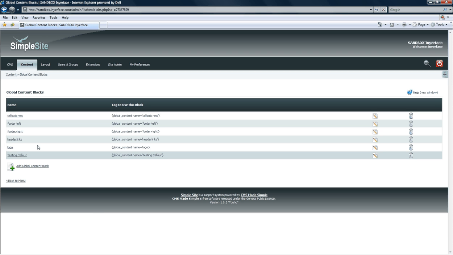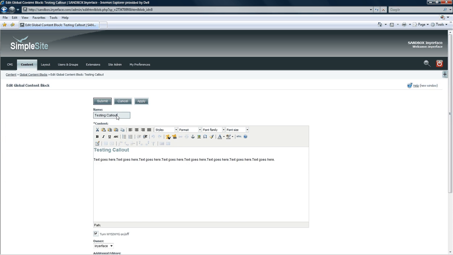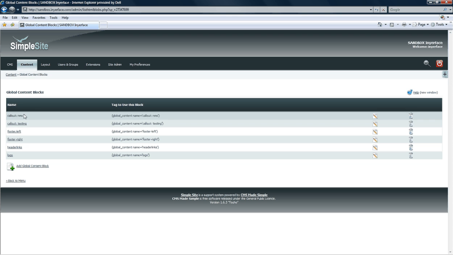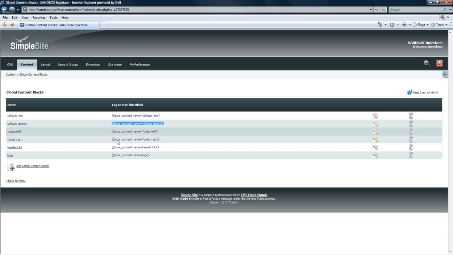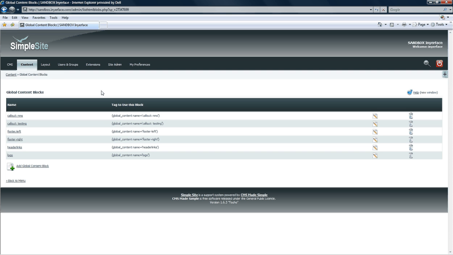And you can see that we have, and just for naming purposes, we're going to call this callout testing, because they do group together. It's just an easy way to manage your callouts because they do get grouped together. So there we have callout NMS, as you've seen, and we have callout testing, which is the new one we've created. So I'm just going to go ahead and copy the tag here, and I'm going to navigate to my